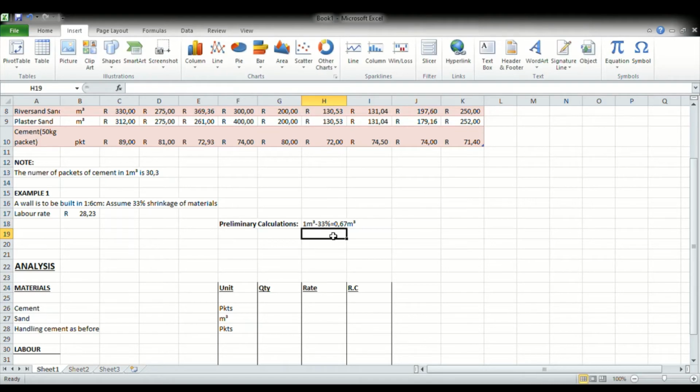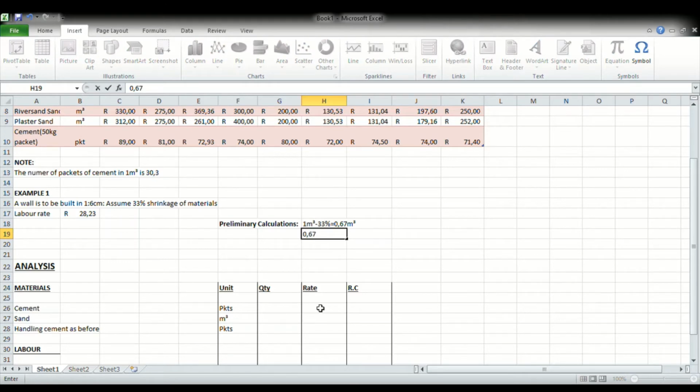Okay, so now the next thing that we need to say is, if 1 cubic meter of our dry ingredients gives us 0.67 cubic meters of wet mortar, then what is the volume of dry ingredients that we need in order to get 1 cubic meter of wet mortar? All right, so we'll just basically say, okay,